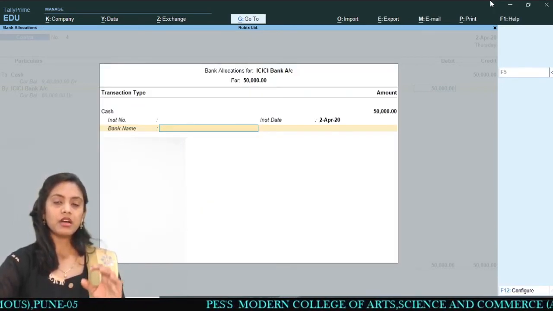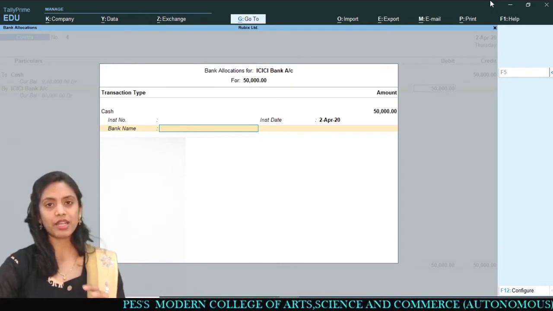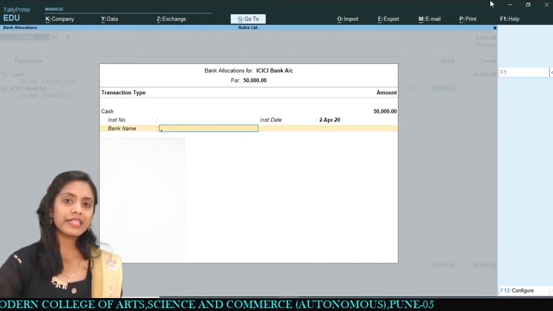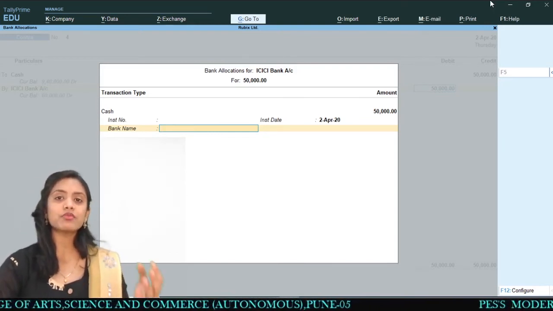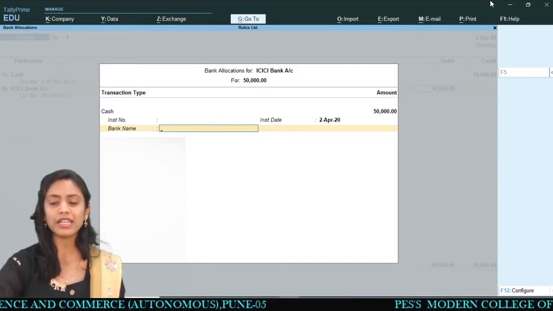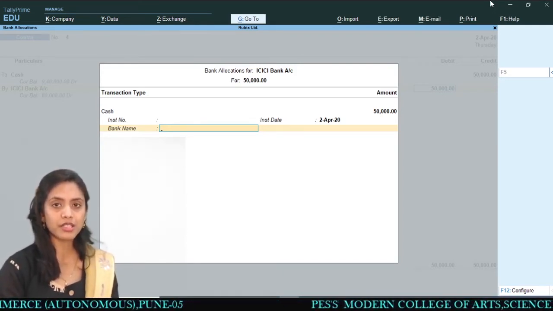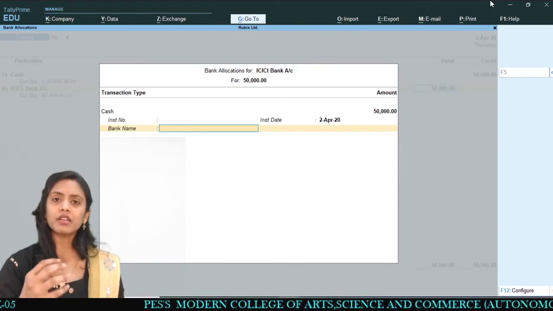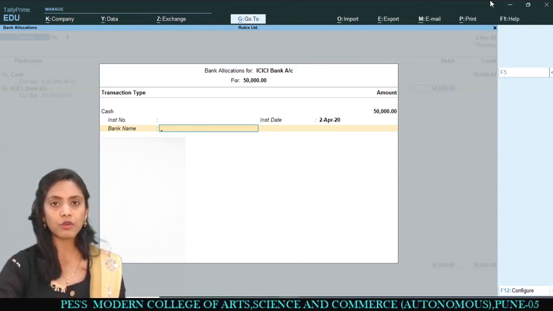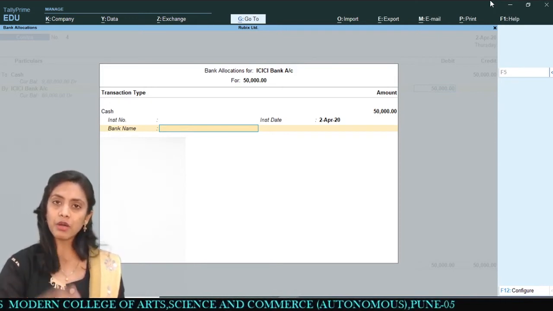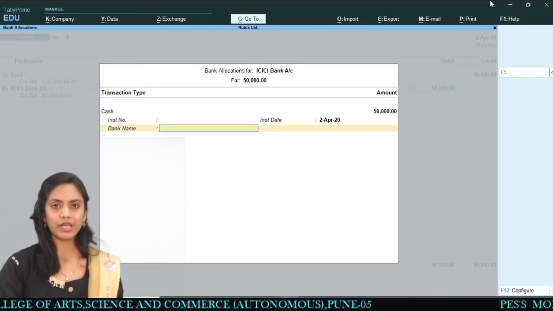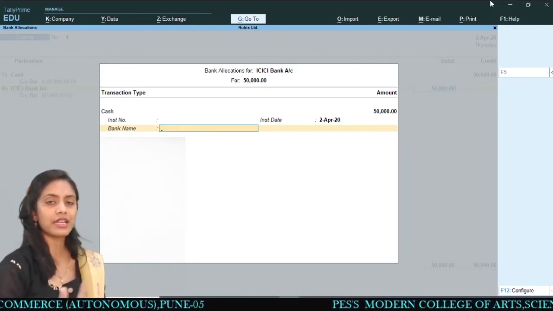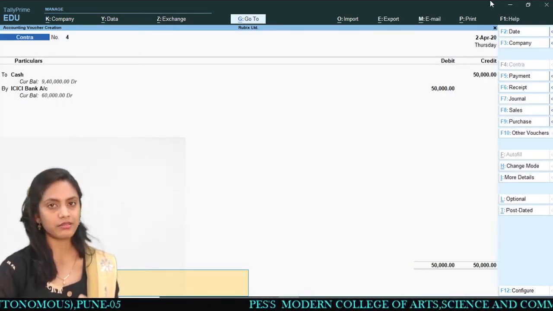Now the bank name, meaning from which bank you are withdrawing the money and all these things, you can give the details over here also. Tally will ask you for more details. If you want to provide them, you can, whatever information you have. But it is not like Tally will not accept your entry if you don't provide it. They will accept your entry with whatever information you have entered. The only necessary information is that you have to select the voucher and the date, enter the amount, enter the ledgers, and create the groups. This is the very necessary information, and the rest that you see over here is secondary. So I'm just pressing enter.